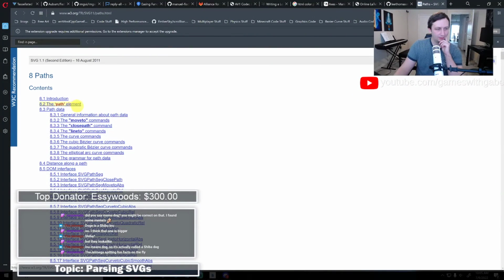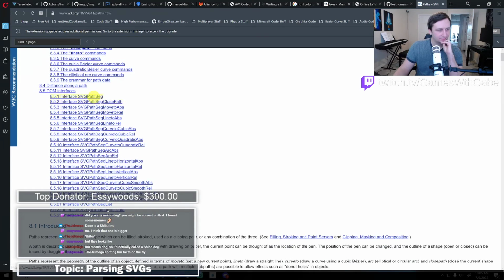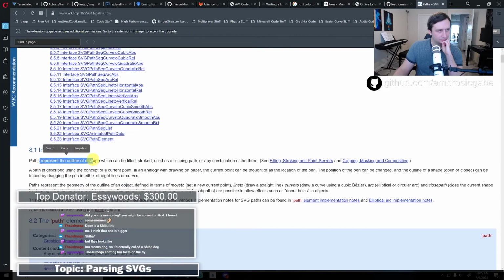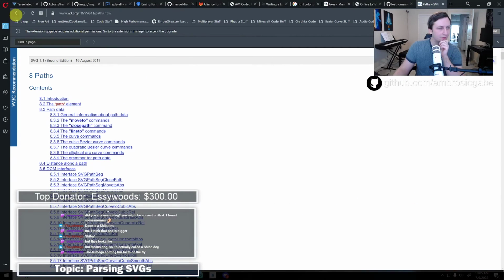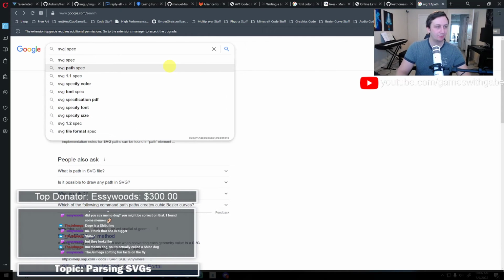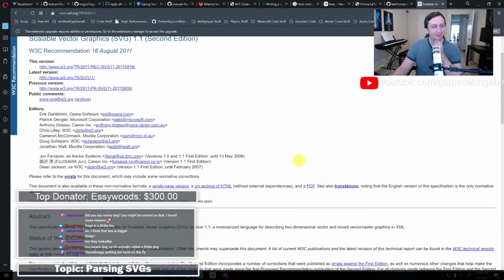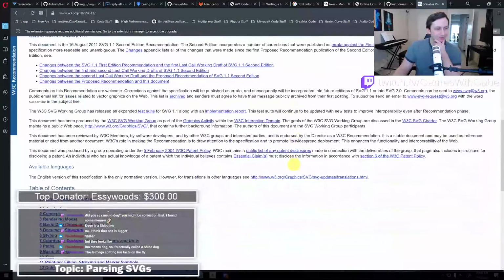So the path element, path data, DOM interfaces. I think I'm just looking, what if, did I, no, okay, so this is just the paths. Oh, it's because I looked up path spec. Let's look up SVG 1.1 spec. Okay, here we go. This is probably what I should have started looking at.